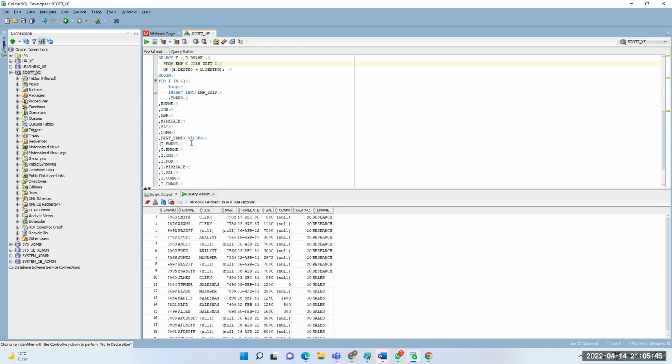Actually, what does a cursor do? It just holds the data. Cursor is a kind of pointer only. When you define the cursor, nothing will be there, just the query is attached to it. When you start processing, only then the data loads into the cursor, and then it processes the data. In each loop it will process the data actually.